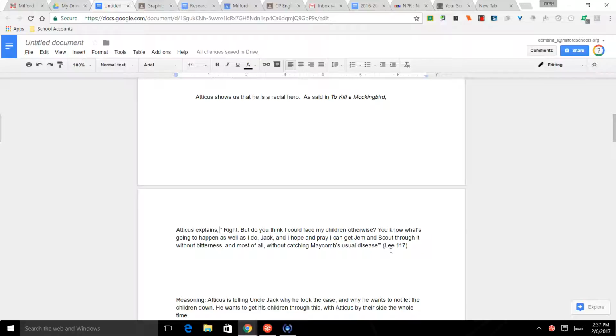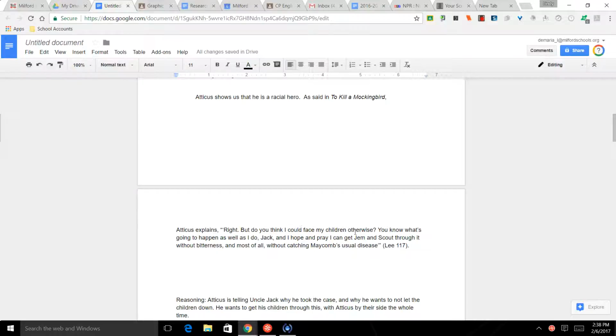And then we need to make sure we have a correct parenthetical citation and make sure we have a period after it. Now, we will talk about different ways to do quote integration, and I have a handout on that for you. So be cognizant. Are you just doing a traditional quote integration with the quote? Are you planning on partially quoting it? Do you have a long quote that requires some sort of block format? So make sure you're looking at your quote integration handout that I give you in class